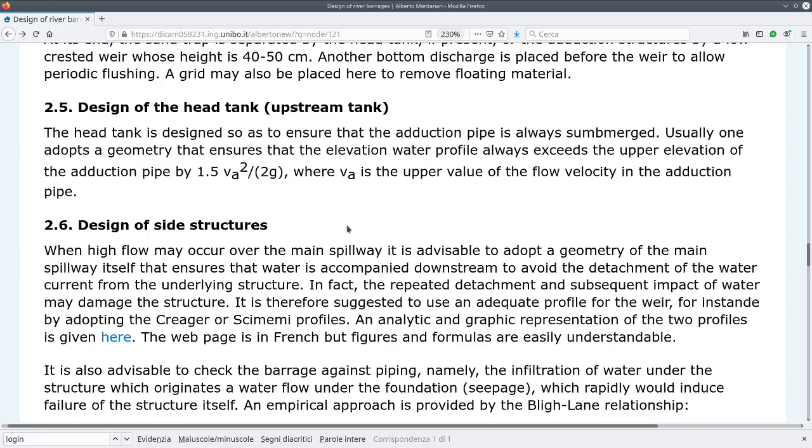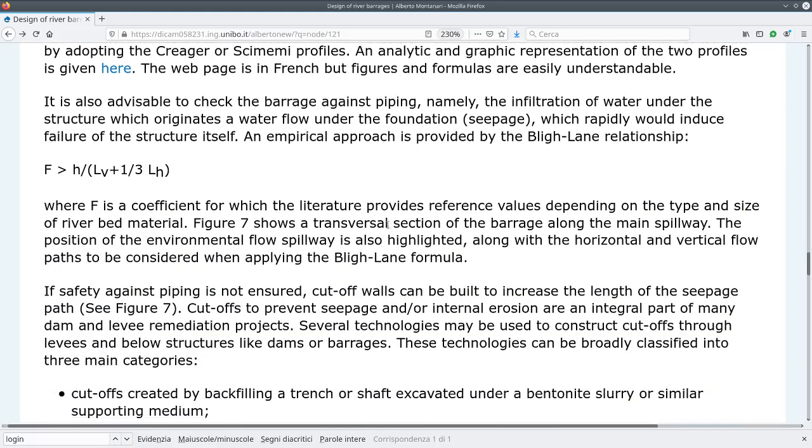It's not left to fall, because of course a falling water flow gets even more energy while falling. So in order to avoid this increase of energy, and a direct impact of the flow with the riverbed, it may be advisable to accompany the flow downstream with a spillway,